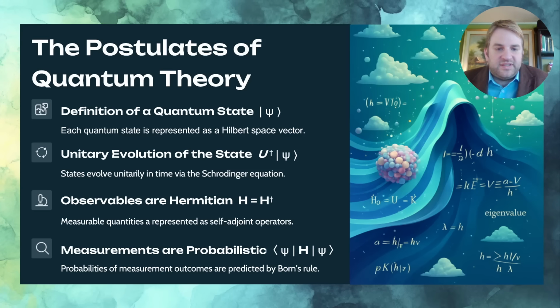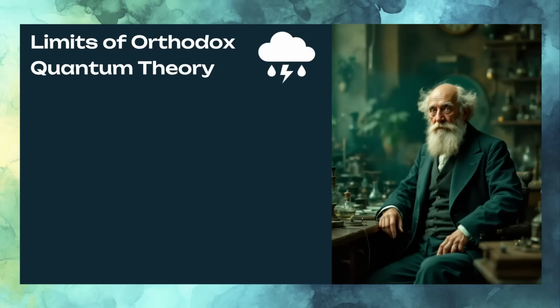So even though this is textbook quantum mechanics in its closed form, of course, the theory is only limited to the very specific set of cases that it itself can describe at a textbook kind of level. And as we proceed through the lecture, we're going to see what the limitations of this very well-defined, very accurate, but ultimately limited theory are. So here we are. What are the limits of orthodox quantum theory?